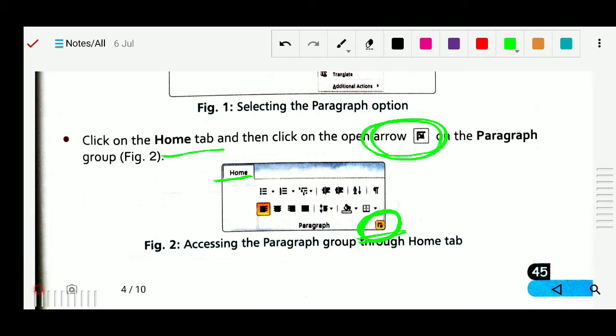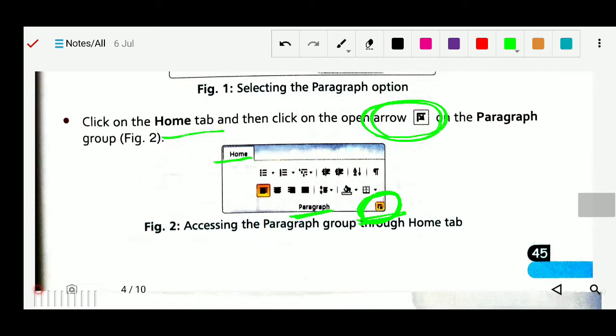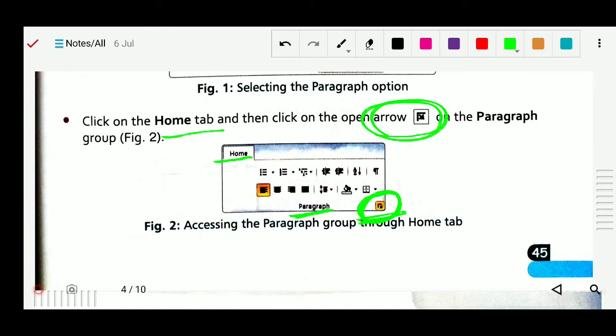Then you will see the paragraph option. By using the mouse you can also do this, selecting the text and using the paragraph option. Or in the Home tab there is this arrow button. You can click over here and you can see the option.